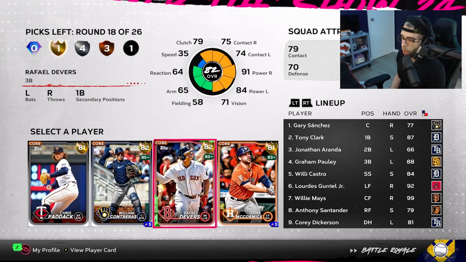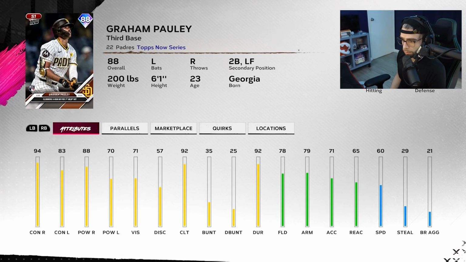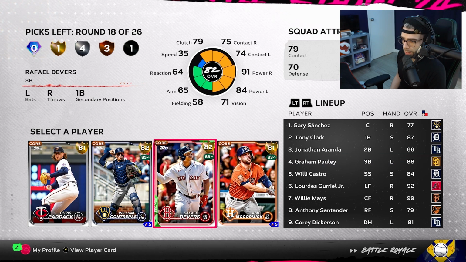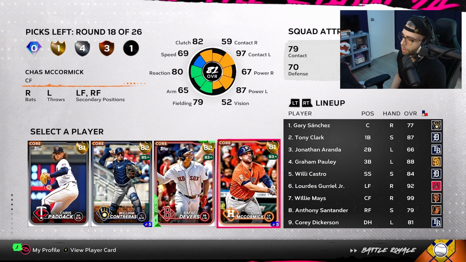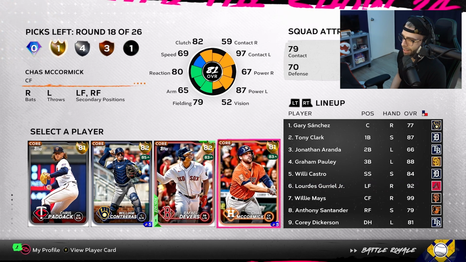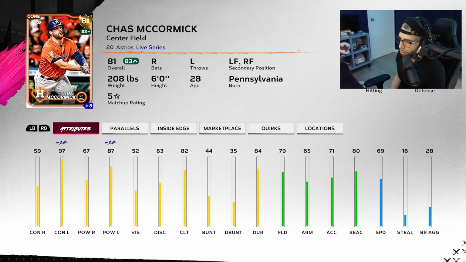Devers. Wait, we have options. Hold on. We have options. I can take Devers and put him at third. Paulie to McCormick's actually a decent outfielder, though. But primary center fielder, and his speed is down. His defense used to be better. He's incredible right now versus...